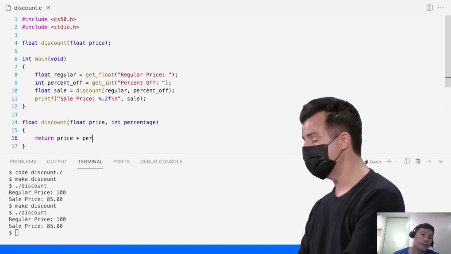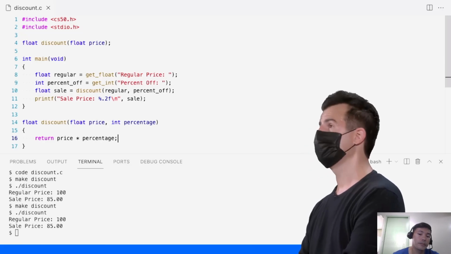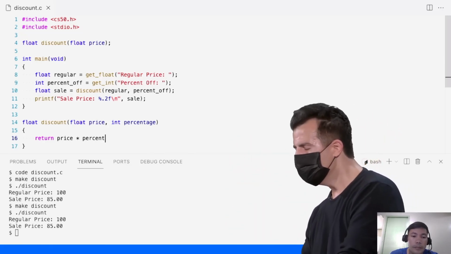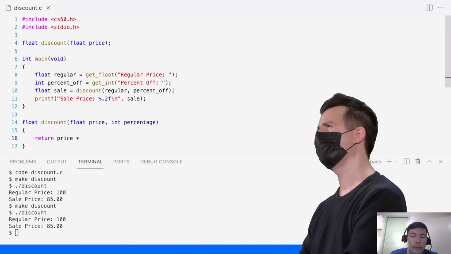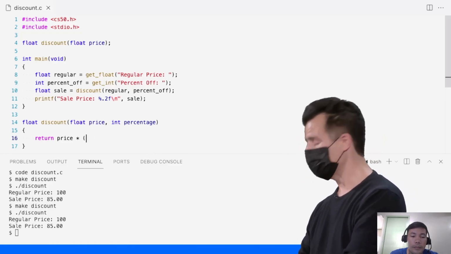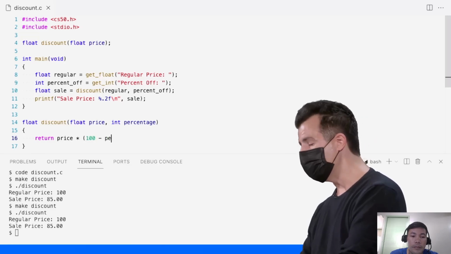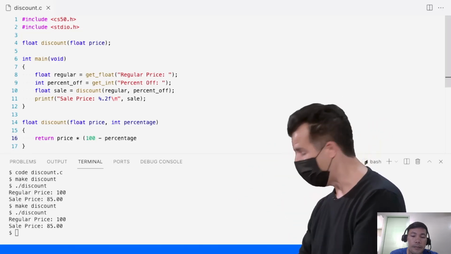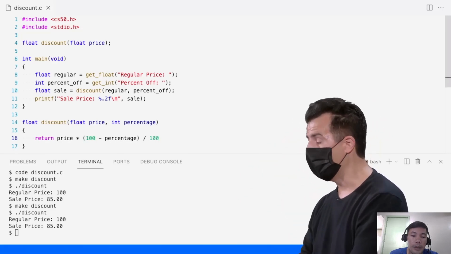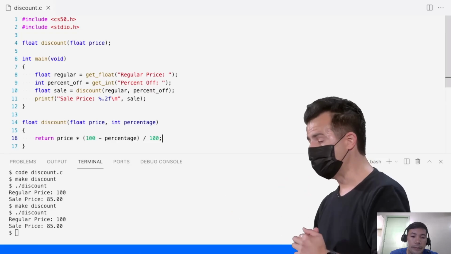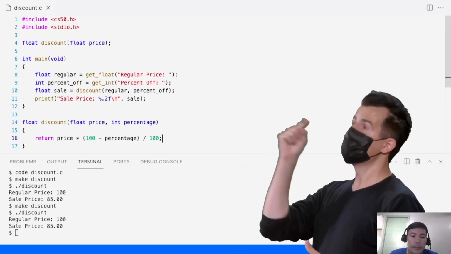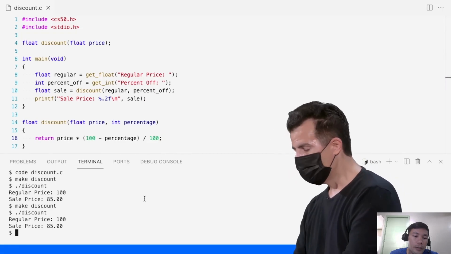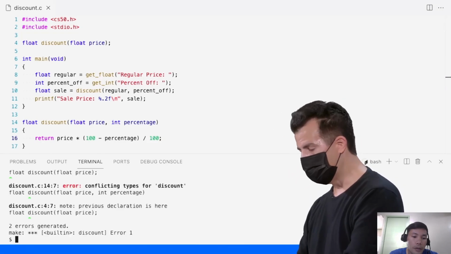I don't want to just do percentage like this, because, of course, that's going to increase the size of the total price. I actually need to do a little bit of real world math where if this is a percentage off, like the number 15 for 15 percentage points, I need to do 100 minus that many percentage points, thereby giving me 100 minus 15, 85. And then I need to divide that by 100 in order now to give myself 0.85 times the price that was passed in. But if I go ahead now and save this, run make discount one last time,